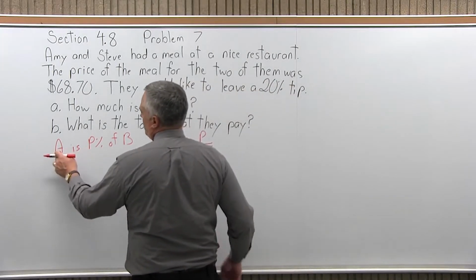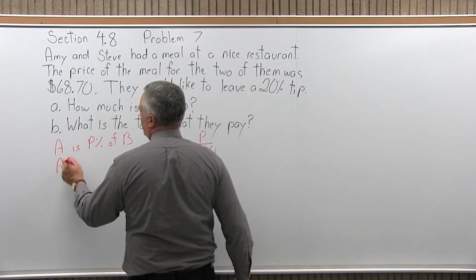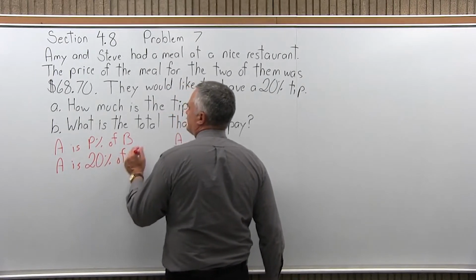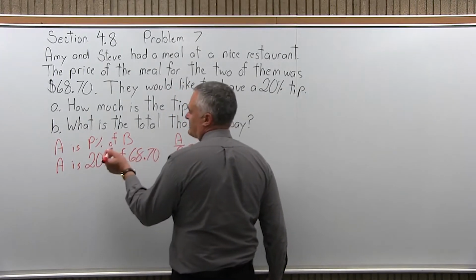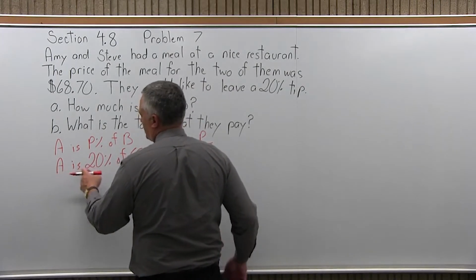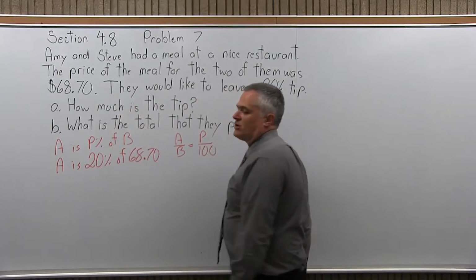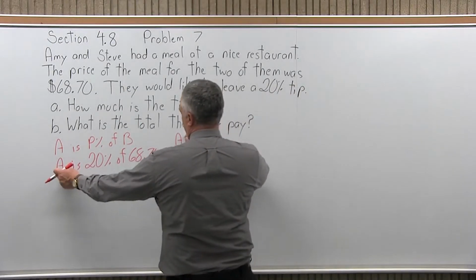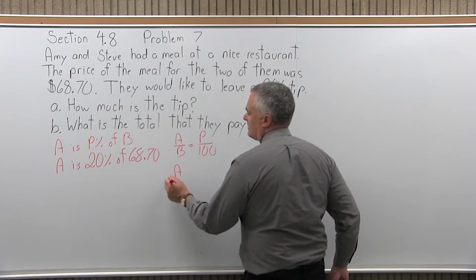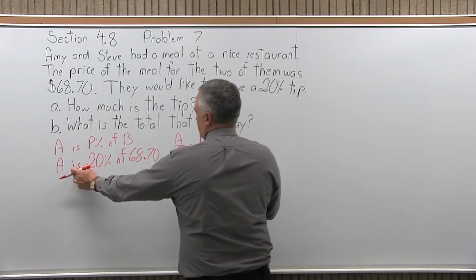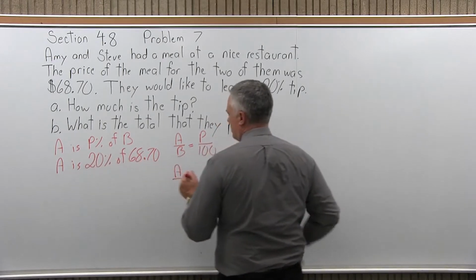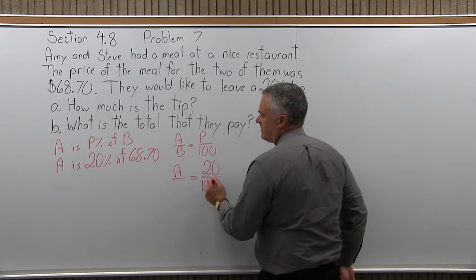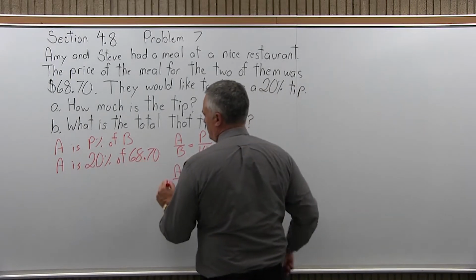So, A is the unknown. A is 20% of 68.70. That's A is P% of B. A, the amount of the tip, is 20% of the 68.70, the cost of the meal. So now that I have it written in this form, put it in the formula. A is the unknown, so it can just stay as an A. Equals, that comes from the is. P is 20. The percent is what makes the 100 in the denominator. And the B is